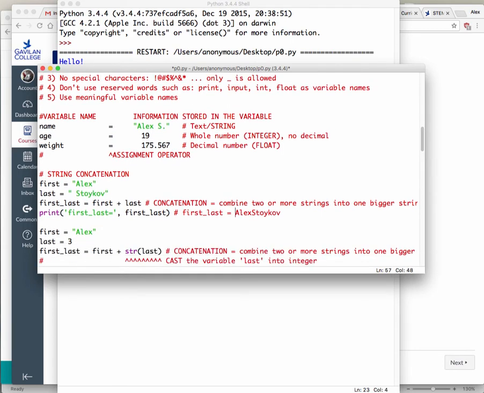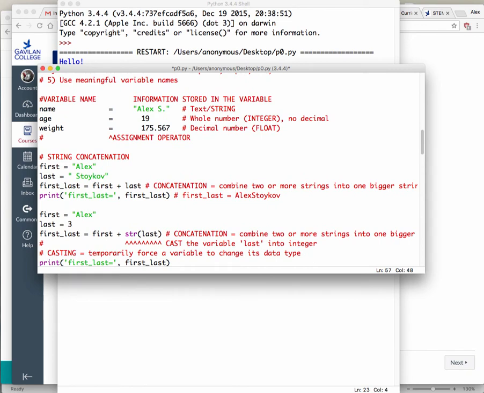Okay, so what else? More examples here of how Python will not be able to add different data types. So for example, this is a string here, this is a string, and this here is an integer, right? If I go in and say, all right, first plus last, just like this, right? Let me erase this. Okay, if I try to run this,